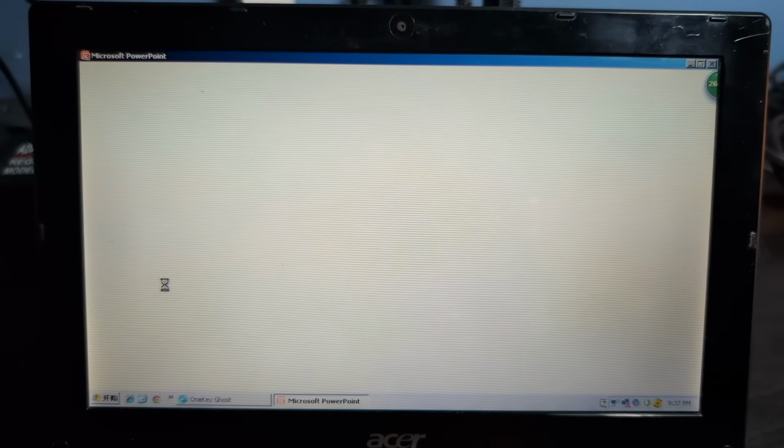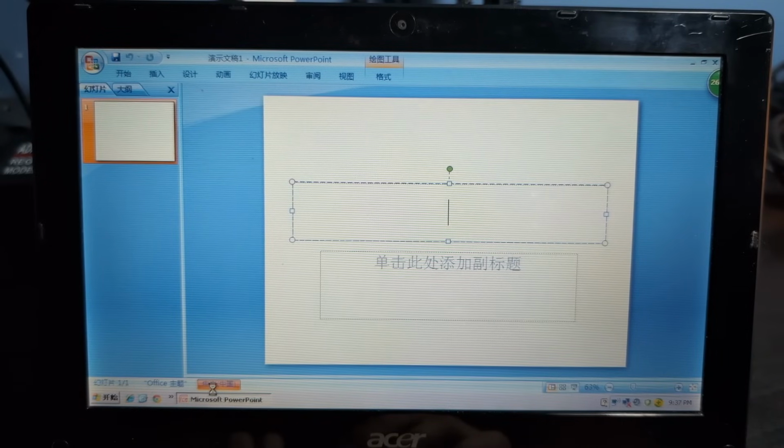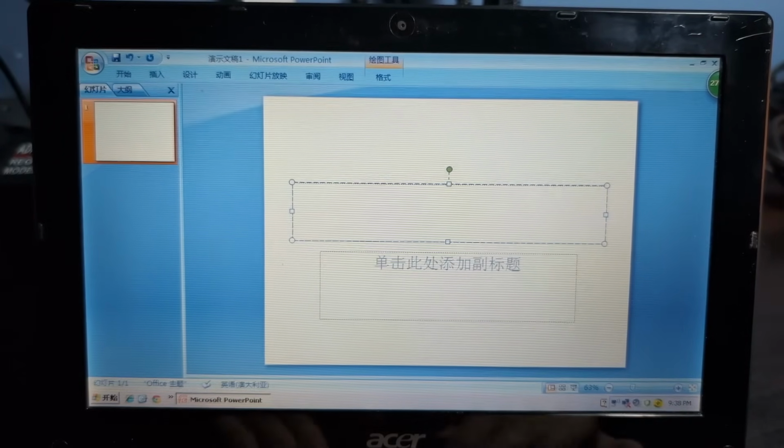Oh right, Office 2007 on Windows XP. Probably not the craziest thing in the world. Plenty of people did that. We are in like Chinese or Mandarin right now, so... Oh, and all the other languages are... Yeah, I wouldn't even be able to pick English out of all this, so... Let's do Frockfaduck